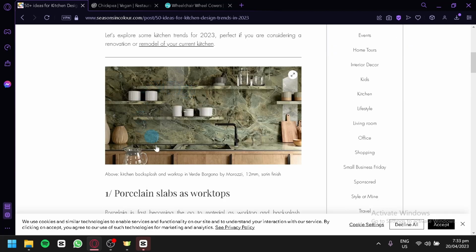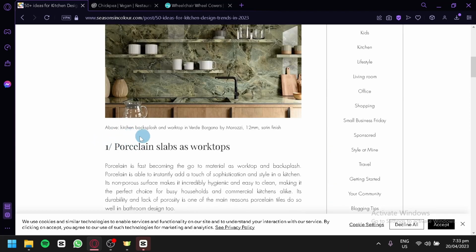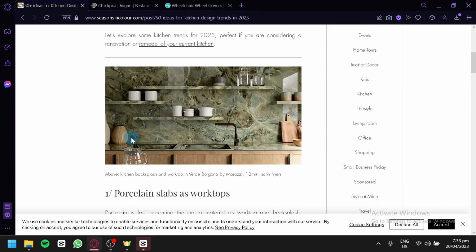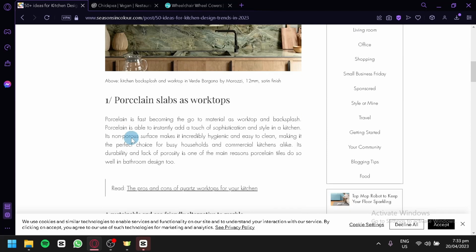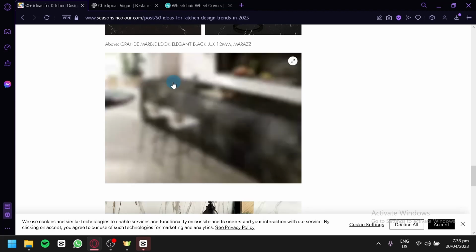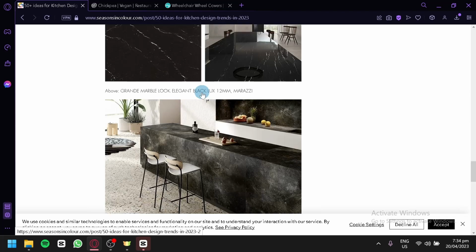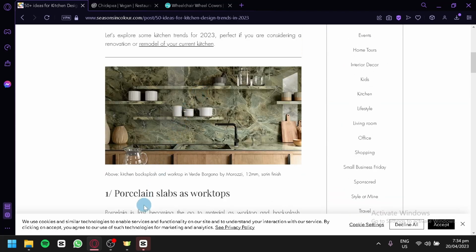As you can see here, we have our first idea over here. They have a lot of information regarding the specific theme of kitchen design. They also have images that you can see and look into, which is very good. You would be able to click on next over here, which would allow them to look into the next design,